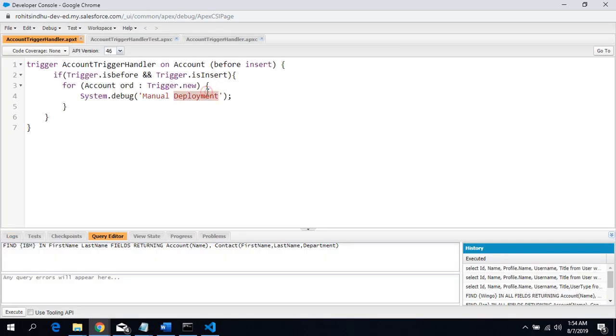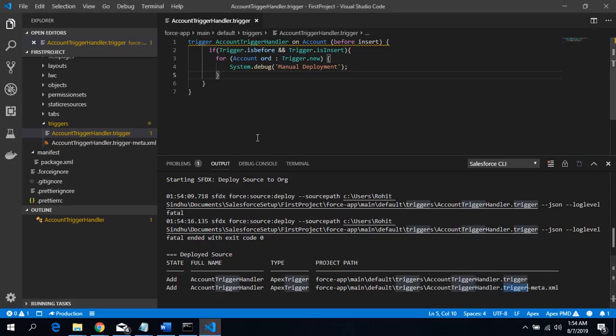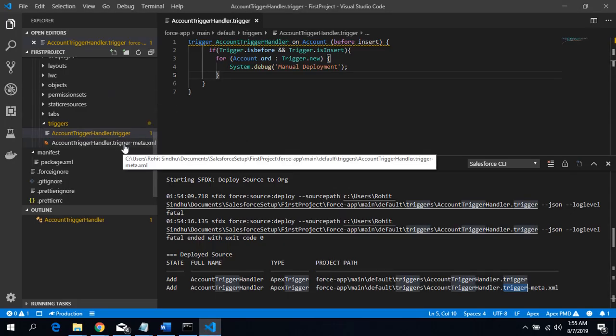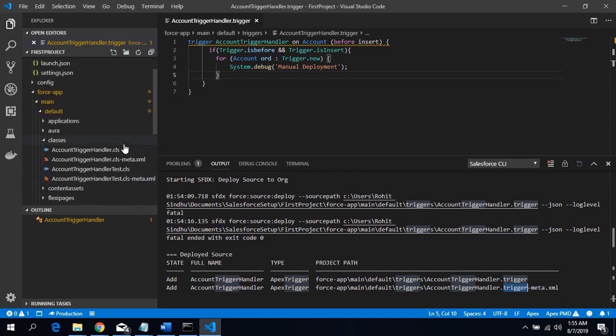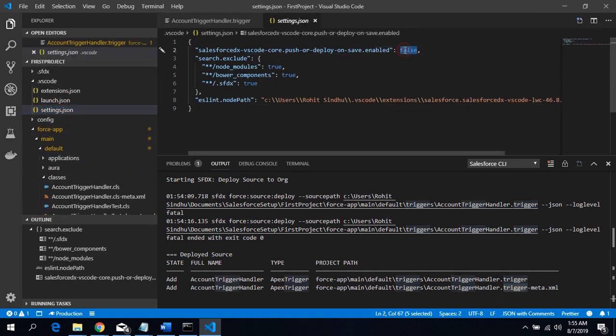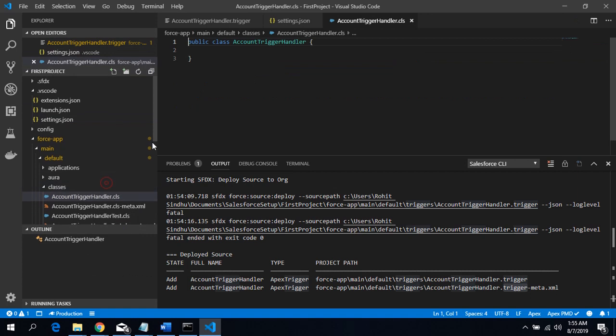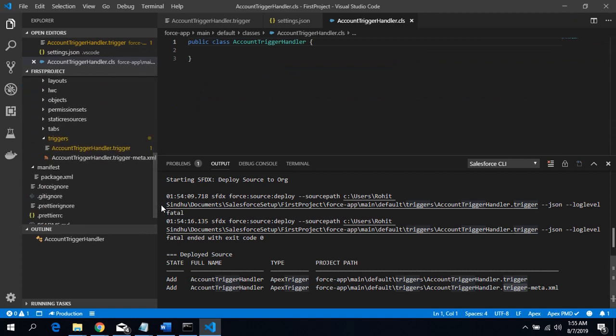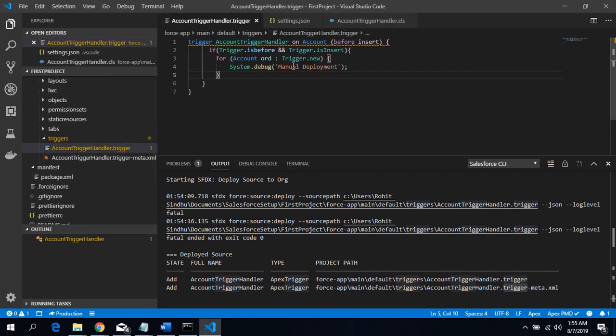Manual deployment is there. So let me show you the option which I showed you in the start. Into the test, what I'll do is press this. Okay, so now what will happen is anything which I'm going to change into the trigger,